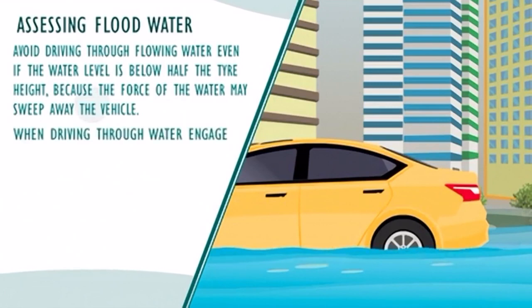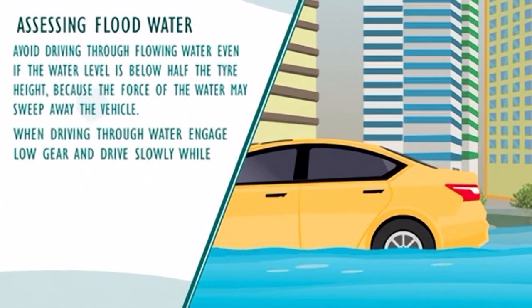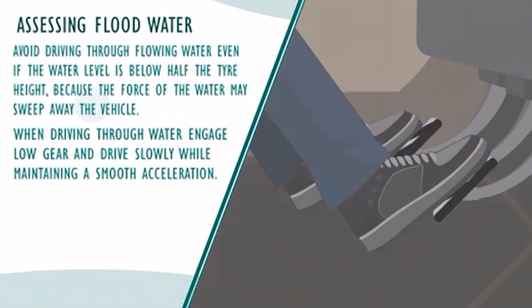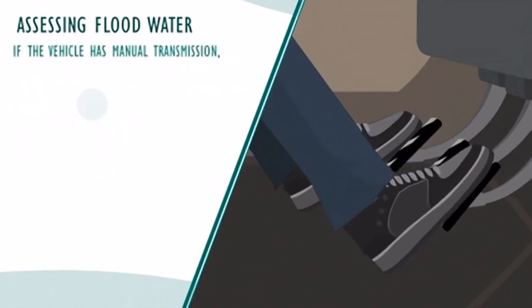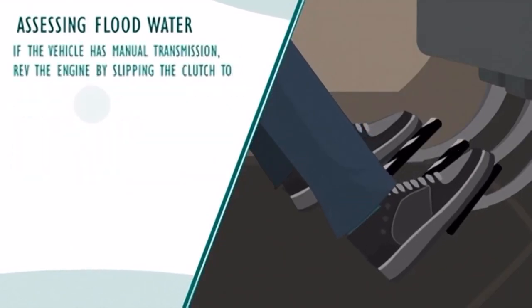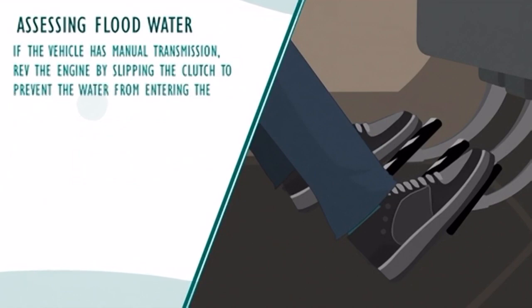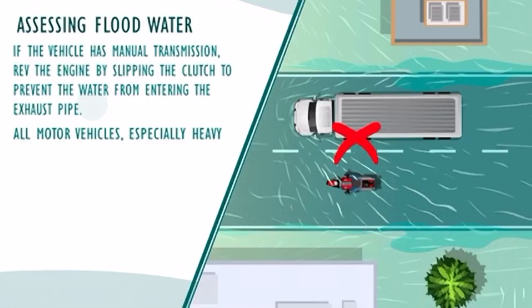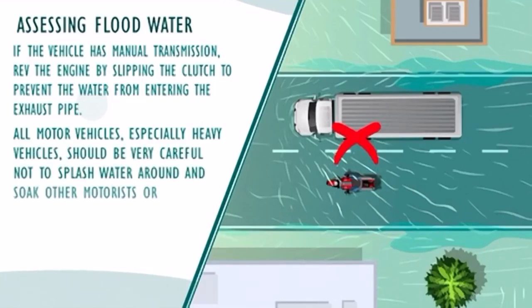When driving through water, engage low gear and drive slowly while maintaining a smooth acceleration. If the vehicle has manual transmission, rev the engine by slipping the clutch to prevent the water from entering the exhaust pipe. All motor vehicles, especially heavy vehicles, should be very careful not to splash water around and soak other